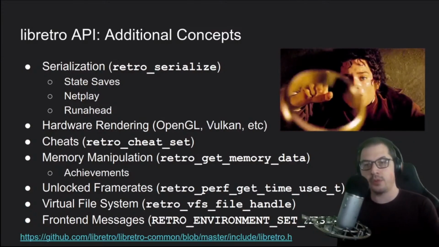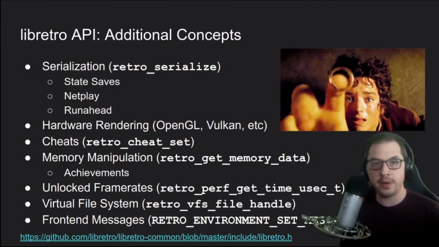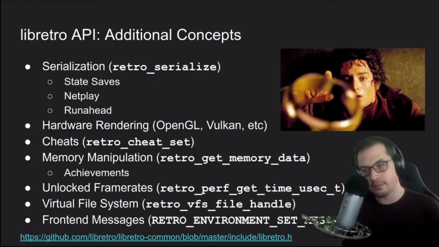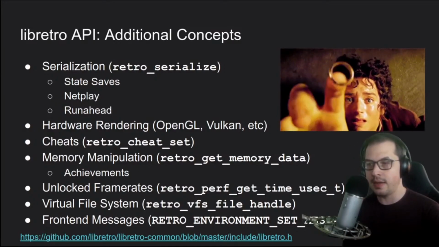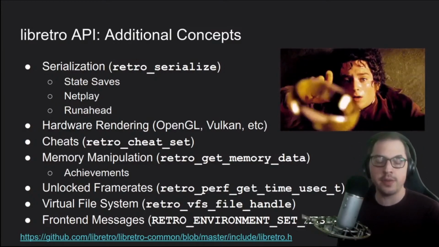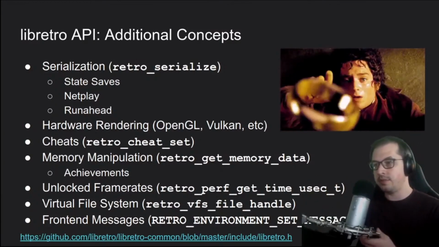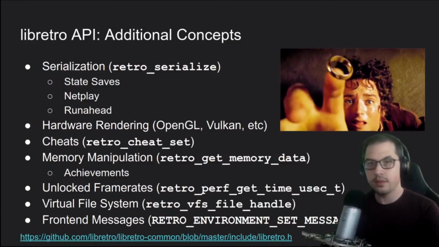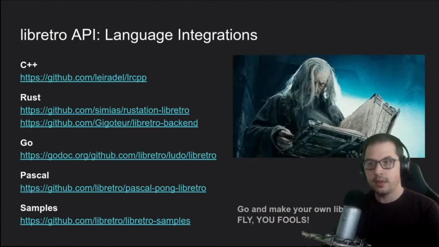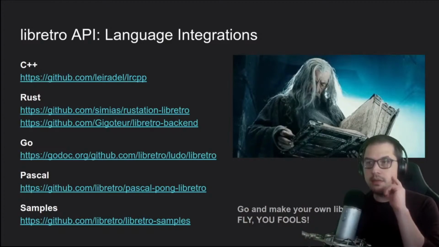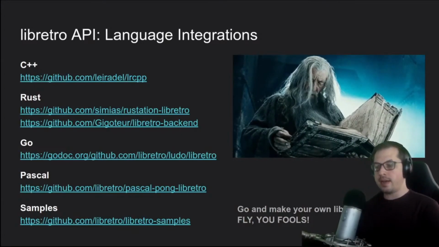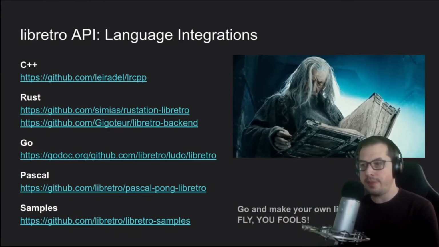There's also a virtual file system as part of libretro.h. Check it out. You can also send messages directly to the front end, so it appears as a message. And the LibRetro API, there are many different implementations, different